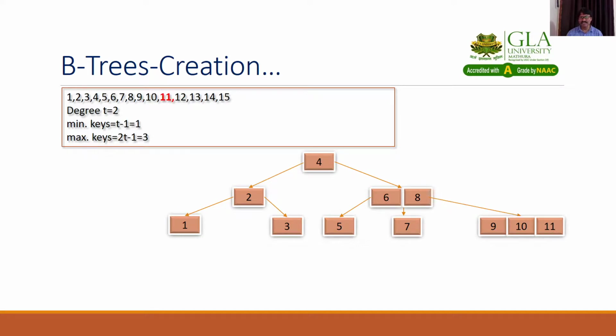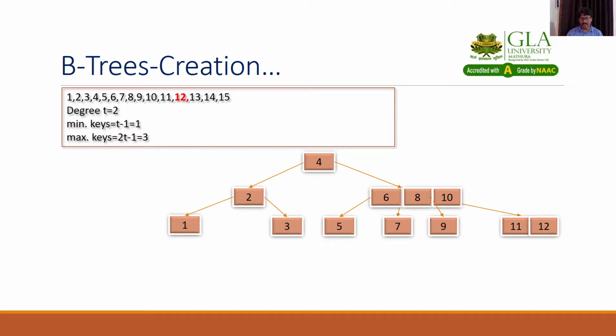After that you can insert 11. Yes. Now if you are going to insert 12, it will go after 11. The node may not have 4 elements, so again you have to split. You can split 10 from 10. 10 will go upside. So there will be another B tree.